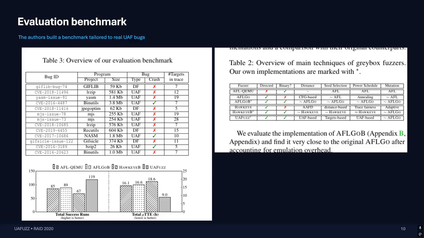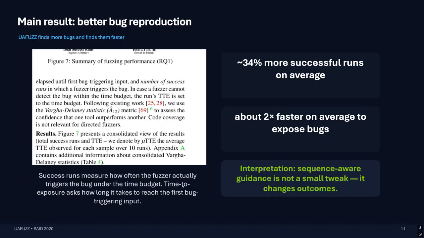When I read this evaluation setup, the main question I keep in mind is, does building UAF specific guidance actually buy something measurable or useful? And the paper argues yes, and we'll see why. So the main findings were that UAFuzz generally finds the target bugs more often and finds them faster than the comparison tools, and that's important because